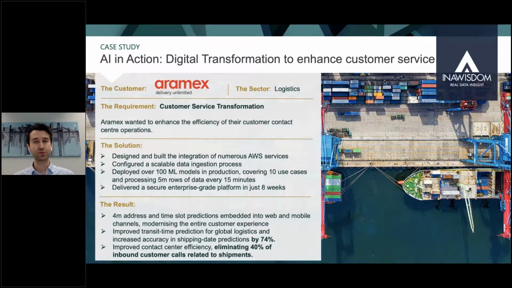And when customers do not get what they need, they can get loud, they can get rowdy. So how can we help ARMAX really change how they do this operation? What we did for them is we helped them develop and deploy more than 100 AI models and create millions of predictions per day, helping them understand where their package is and how the package will be delivered to their address.